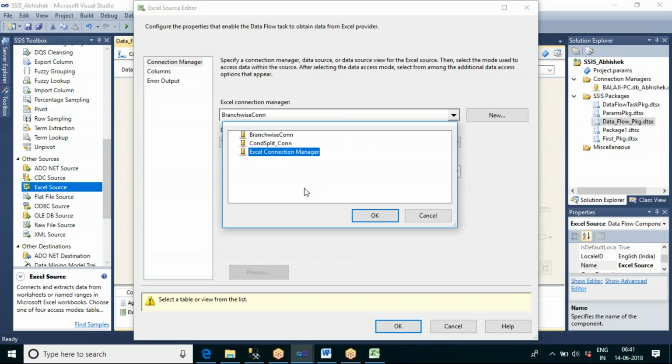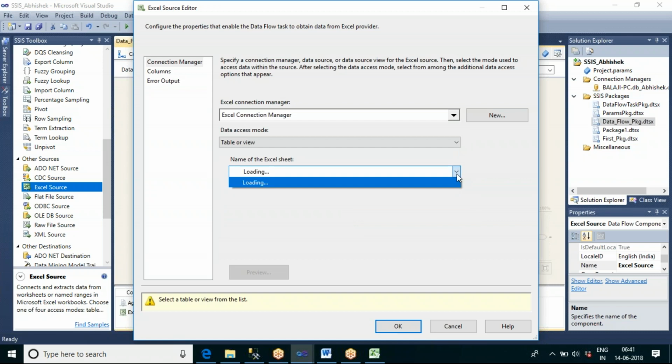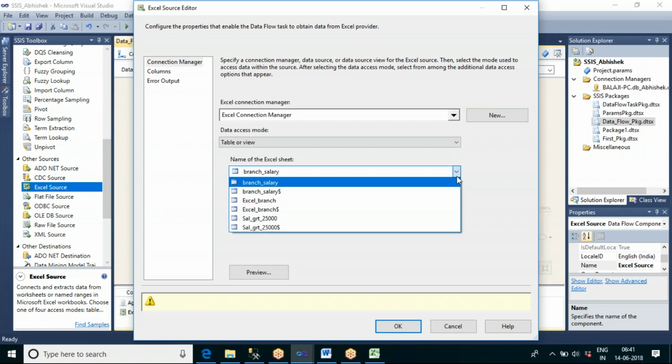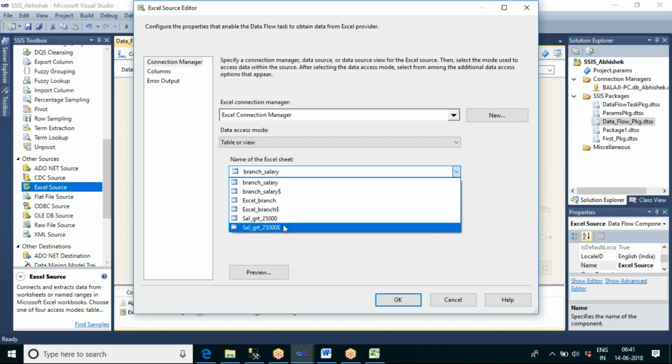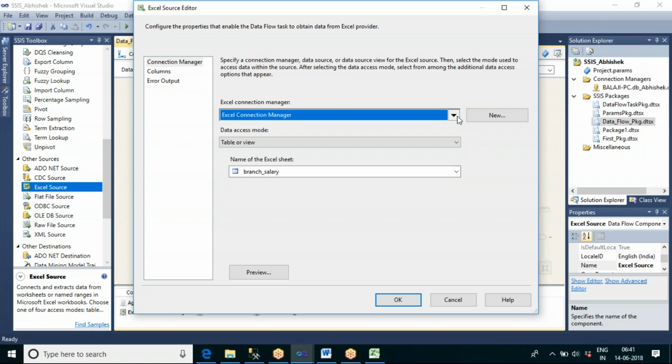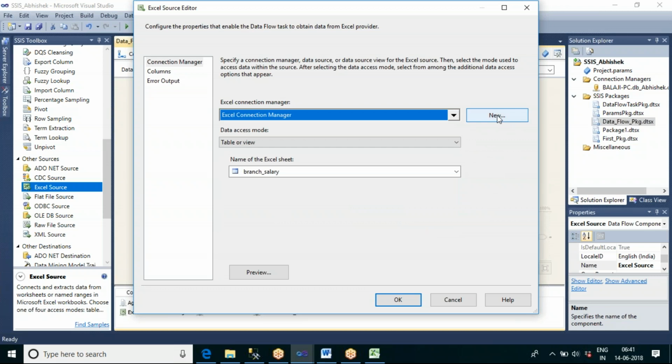Let me see this Excel connection manager. Do we have any sheet name with EMP underscore source 2? There is no sheet name. This is not the one, these are all output connections. Now let me create a new one.